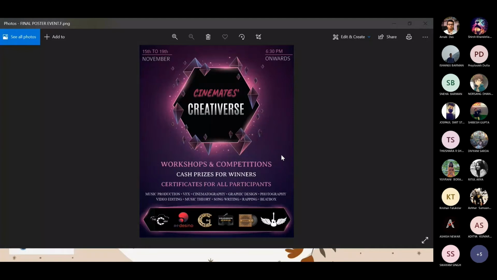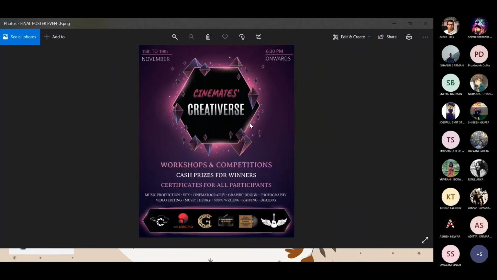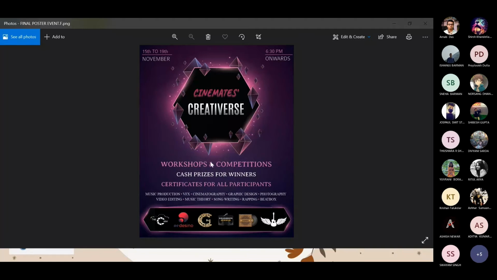Here my primary dominant color is this violet color. I've used this violet in most of the places, and my secondary colors were a little bit pinkish and the white. I've used it on that basis. And the third thing, which is your